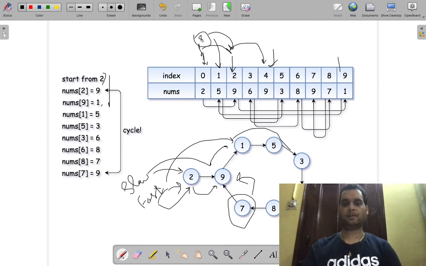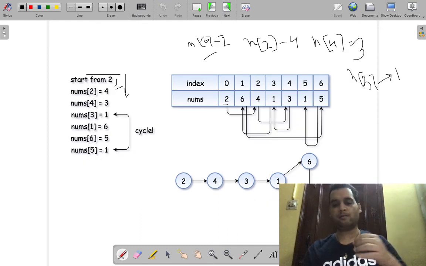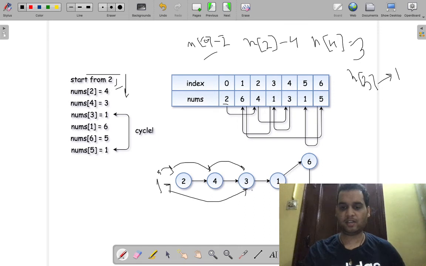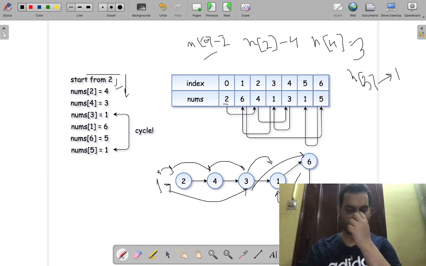Okay, so let's also try our algorithm on this example and we will see whether we find the duplicate or not. So slow is initially here, fast is initially here. So I've incremented slow by 1, it goes here and fast goes to 3, slow goes to 3 and fast goes to 6. Okay, it comes to 6, slow comes to 1 and fast comes to 1 only. So they have met in this case at this position, but it won't happen in all the cases, so we have to make another pass as well.